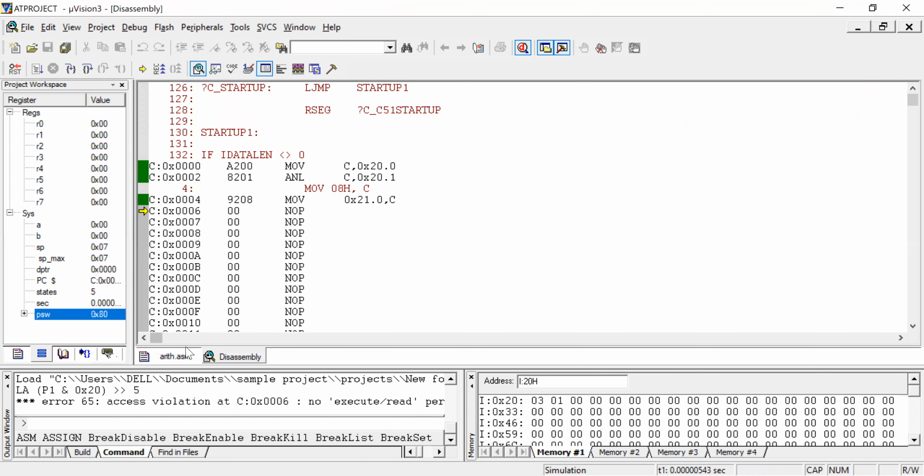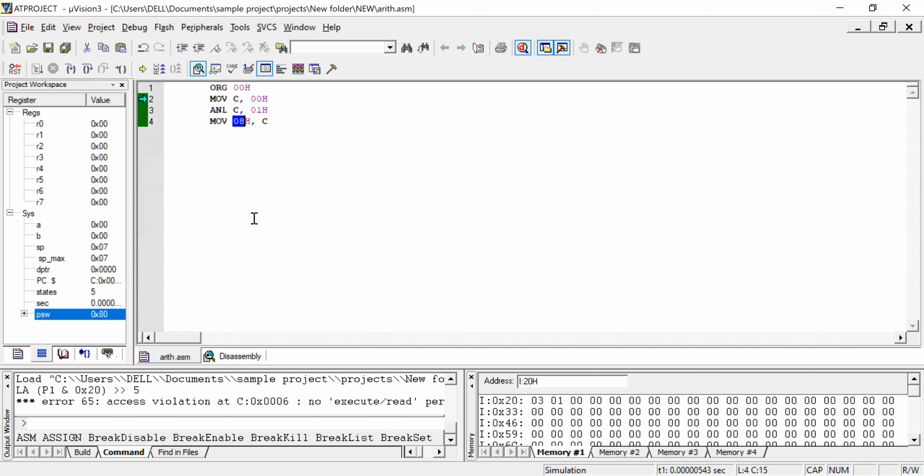Now you can see that the next location, which is 21H, is loaded with data 01. The result is stored in this particular location. That is 08H. Where is that 08? It is in the 21H location. First bit, right. So like that. Now we will go to the exact program. We have seen one of the AND logic.